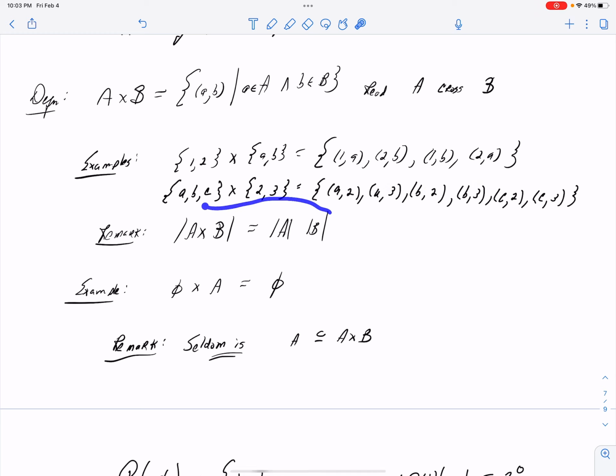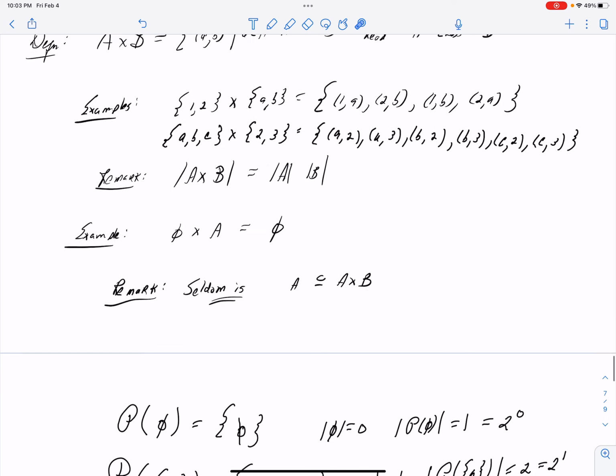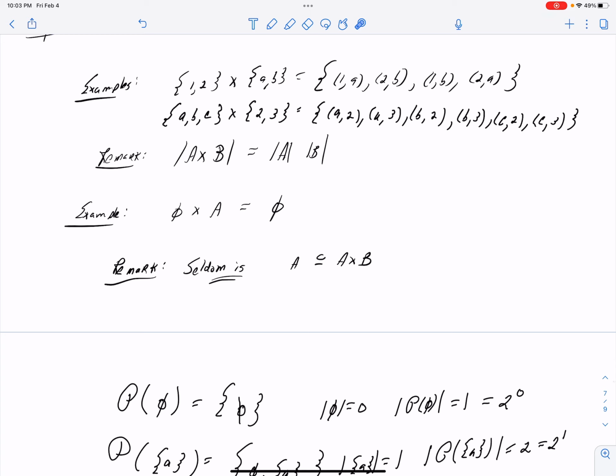In general, it's not hard to see that the cardinality of A cross B is simply the cardinality of A times the cardinality of B. And simple little formula. Now,